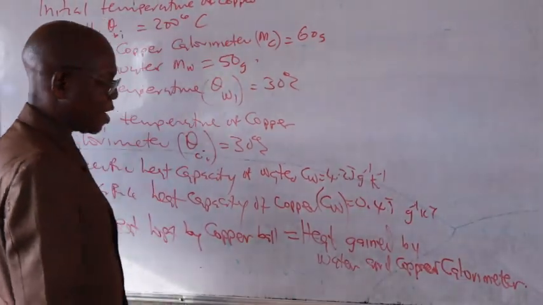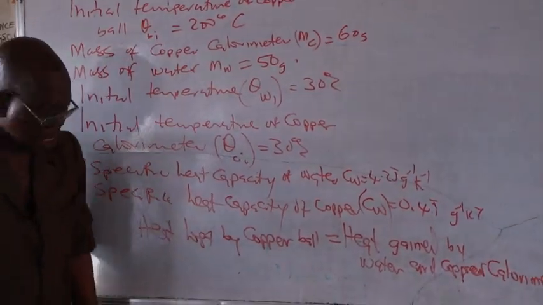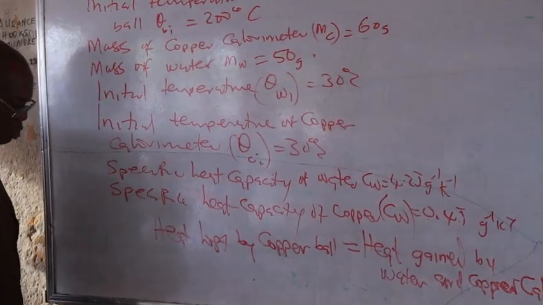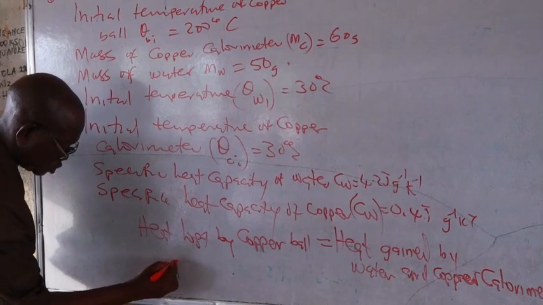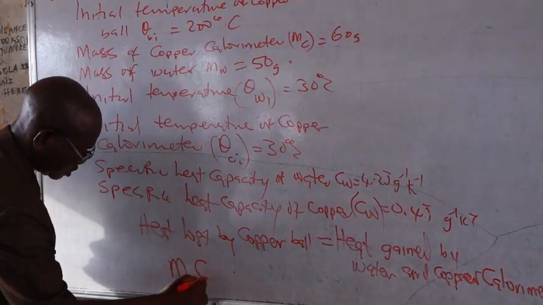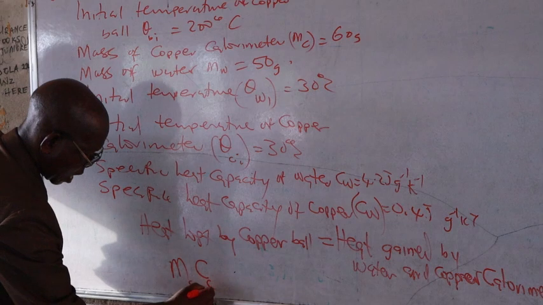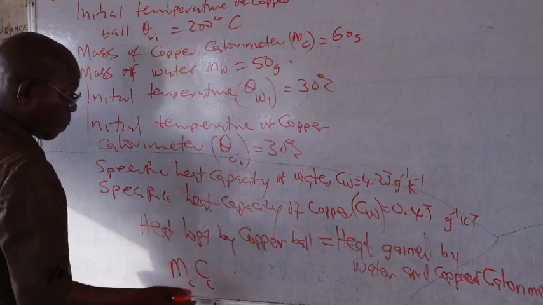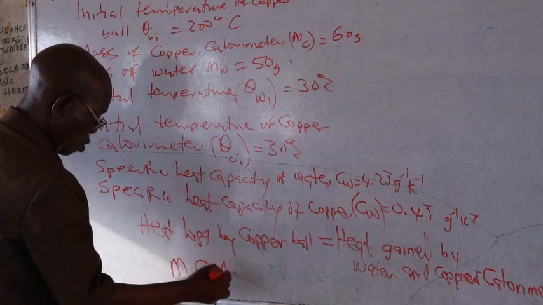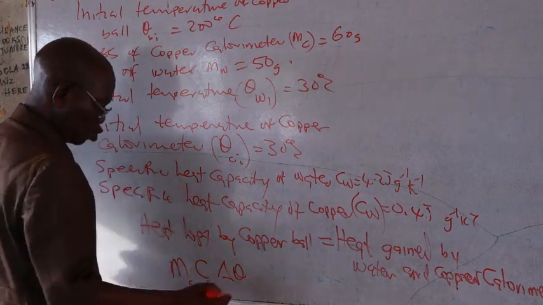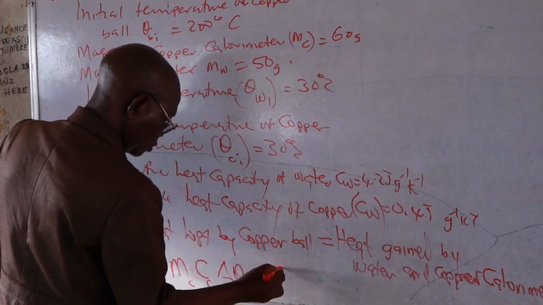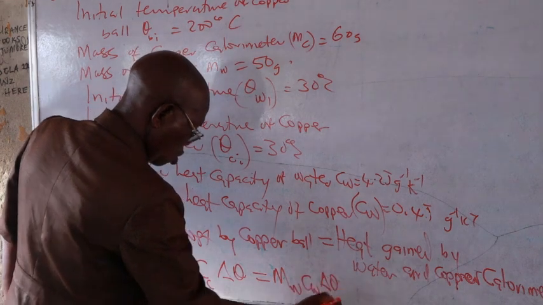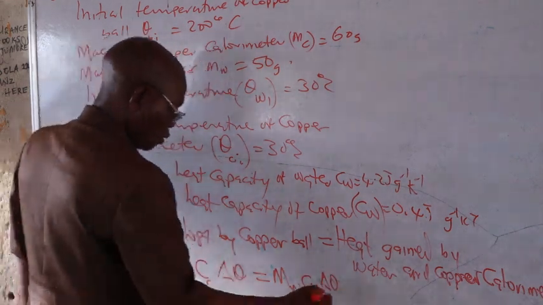So we now express that mathematically. To express it mathematically, how do we calculate the heat lost by copper ball? That will be mass of copper ball, the capacity of copper, because the ball is made up of copper. So we are making use of the capacity of copper. Then change in temperature from 30 to mixture temperature equals mass of water, the capacity of water, then change in temperature of water plus